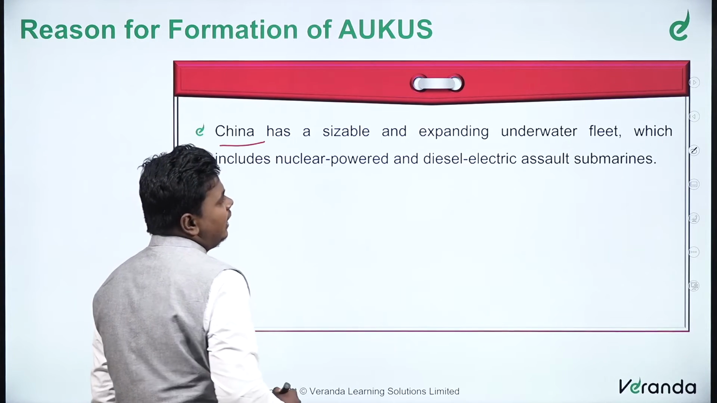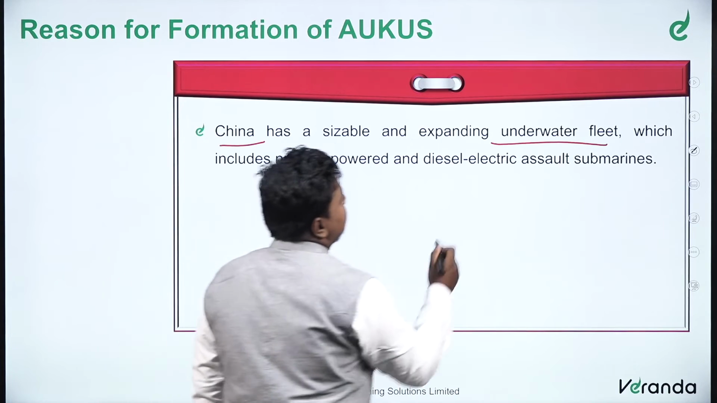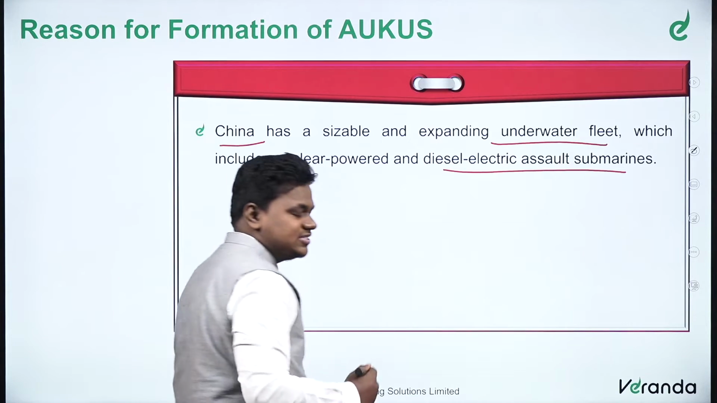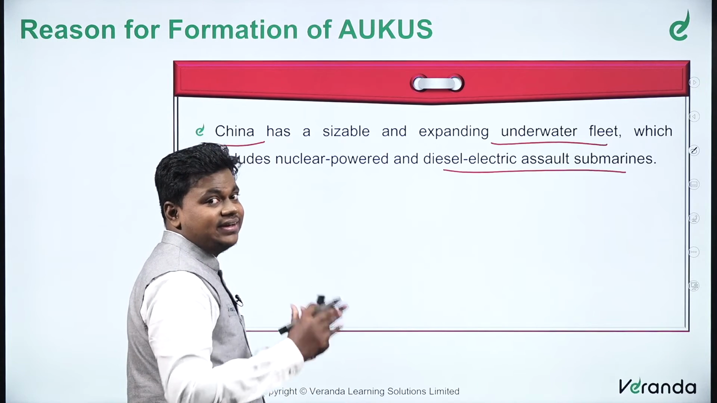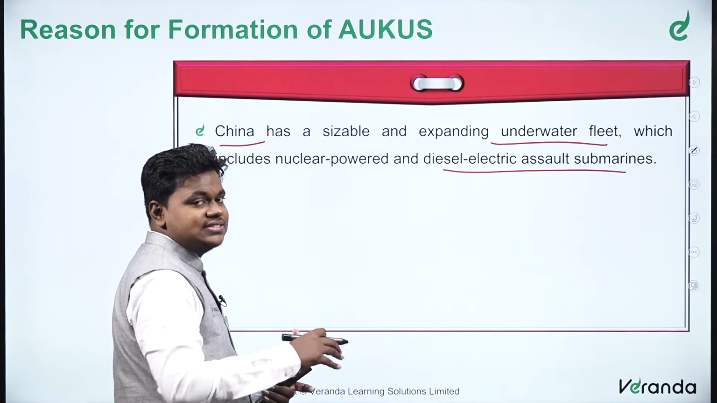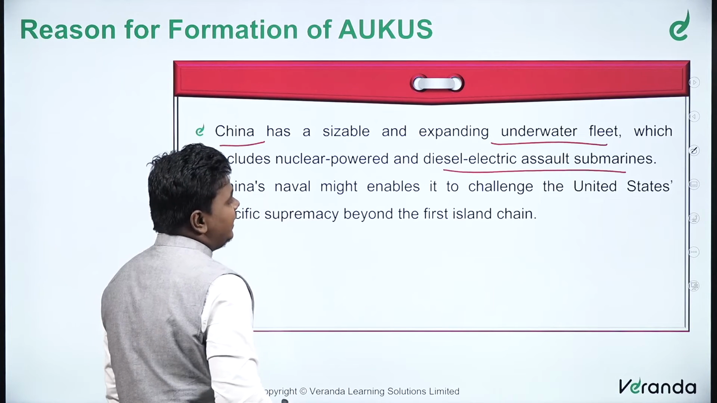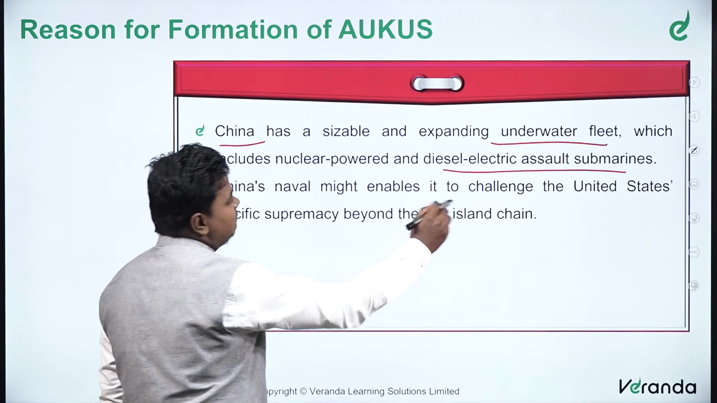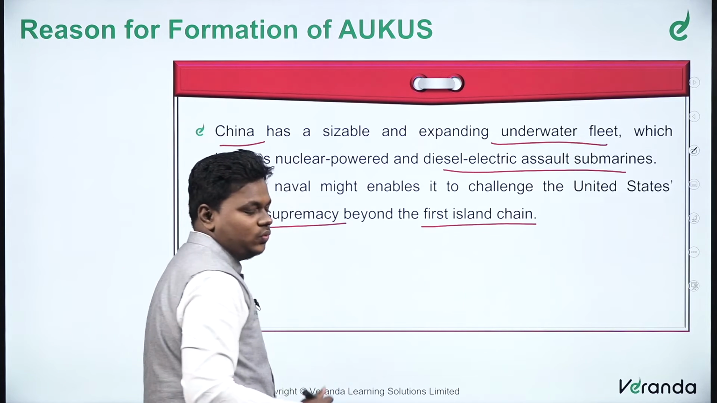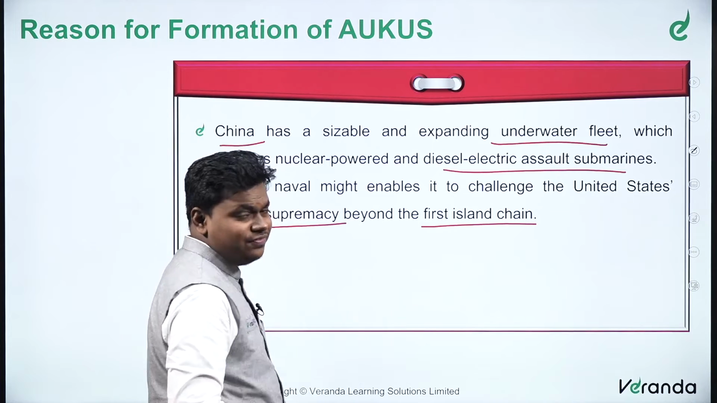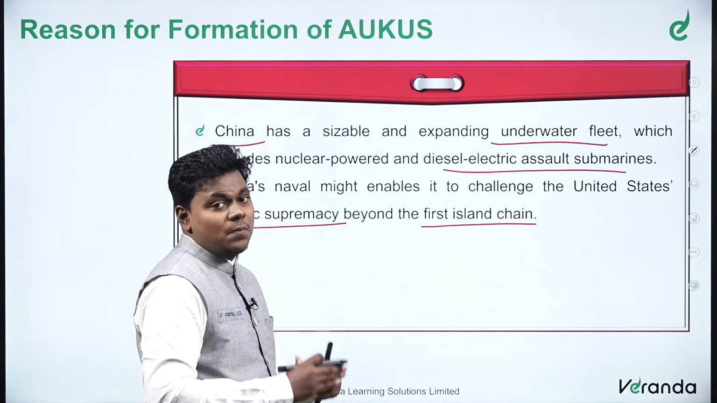China has a sizable and expanding underwater fleet, which includes nuclear-powered and diesel-electric assault submarines. We see such a massive fleet of China, 79 submarines. Hence, the entire Indo-Pacific Ocean region is like a lake for China with such a massive fleet. So China's naval might enables it to challenge the United States' Pacific supremacy beyond the first island chain. It is now challenging the United States, which has held a monopoly-like condition in this Indo-Pacific region for all